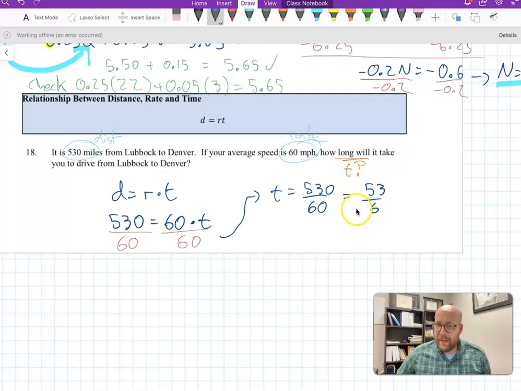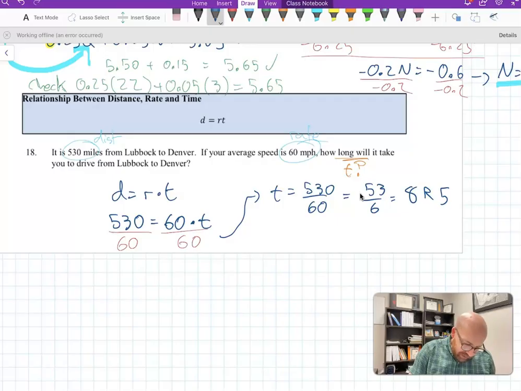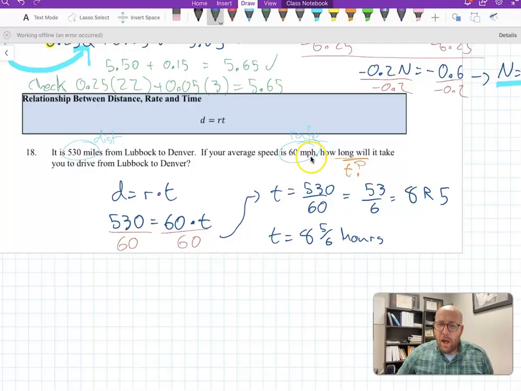We need to divide 53 by 6. This does not divide evenly, but 6 does go into 53 8 times. 6 times 8 is 48. And that's going to give us a remainder of 5. So we could say that T is equal to 8 and 5/6. This is in hours because our rate is miles per hour. This would be an acceptable answer,